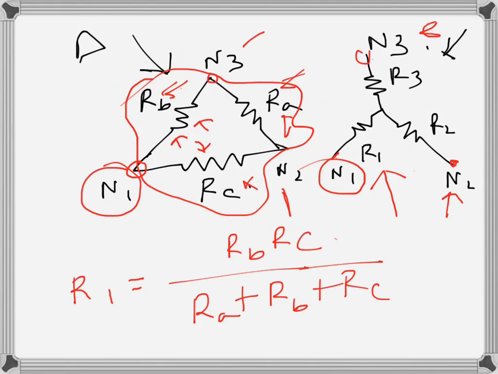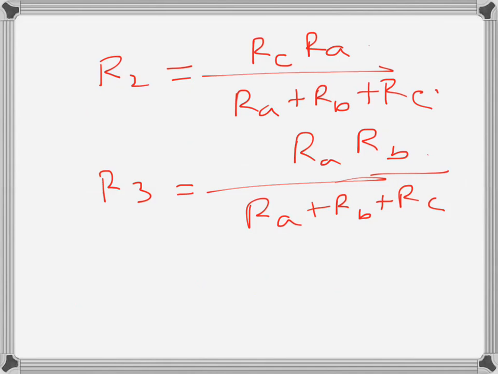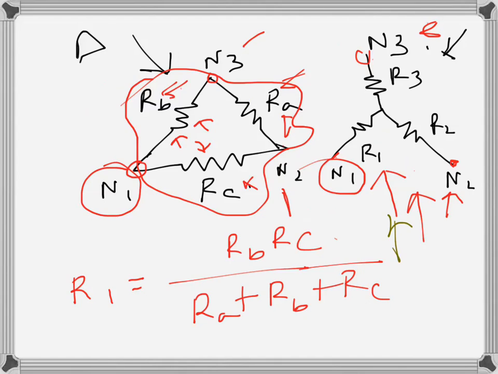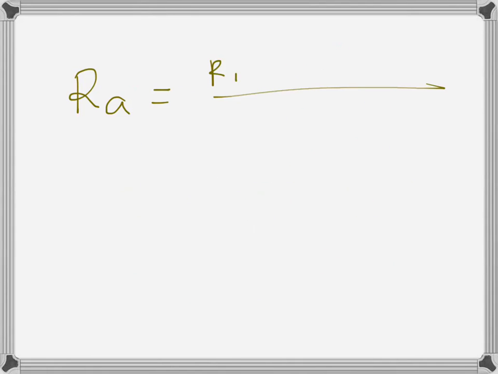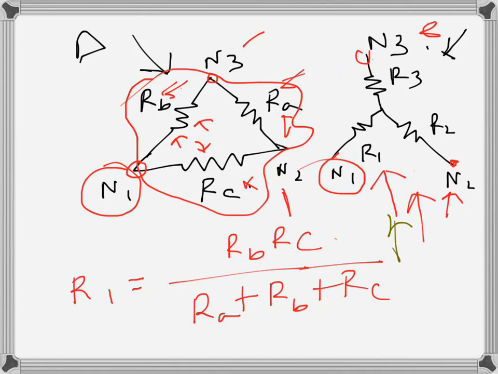Similarly, if we have a Y connection and we want to find the equivalent delta values, what we will have to do, let's see that. So we want to find, let's say, RA, the equivalent delta value of the given Y value. So on the numerator here we will have R1 R2 plus R2 R3 plus R3 R1. So basically like that, and in the denominator we will have,